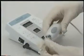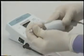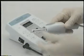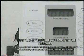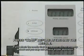Press firmly and twist clockwise 1/8 turn to lock in place. Be sure to fully engage the cartridge sheath in the handpiece. The clear cartridge sheath allows you full visibility of the cartridge throughout an injection. Press the load button once to advance the plunger and embed the harpoon into the rubber plunger of the anesthetic